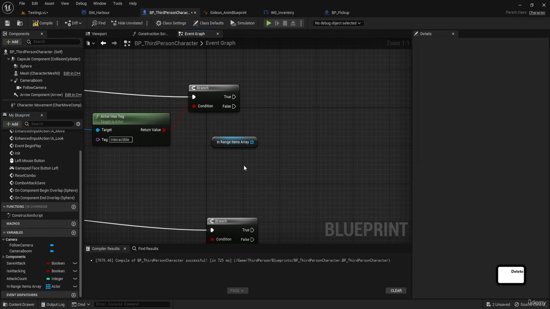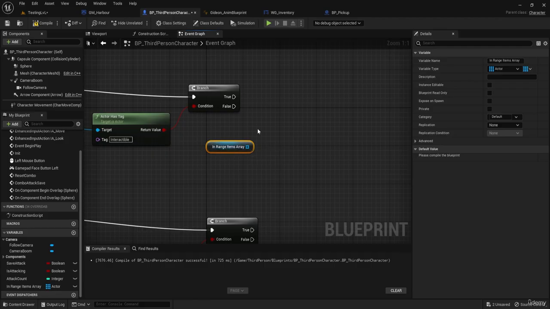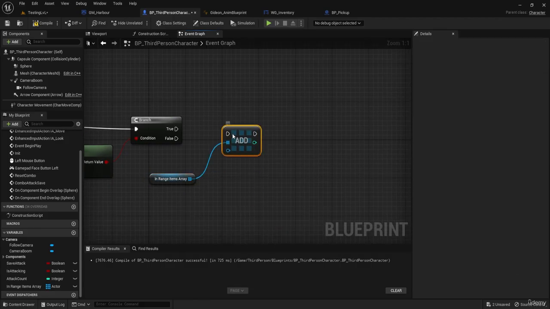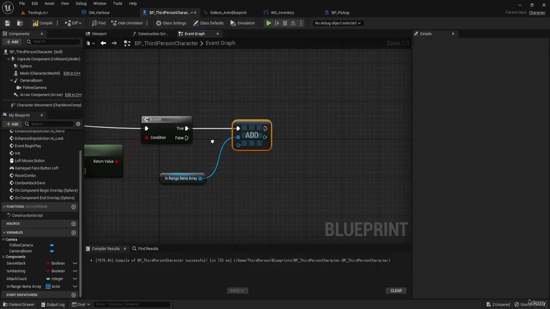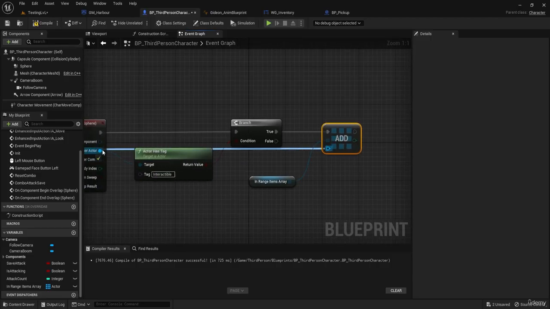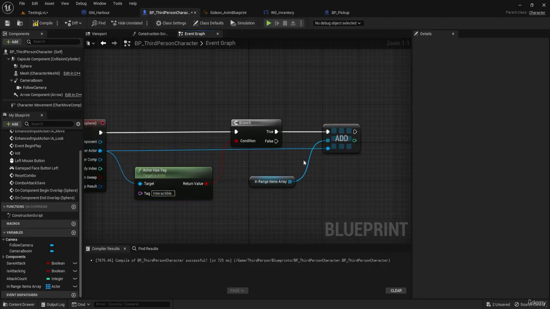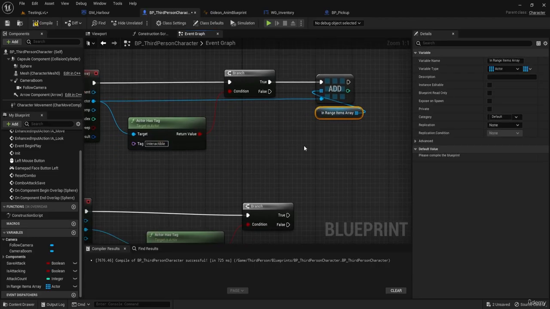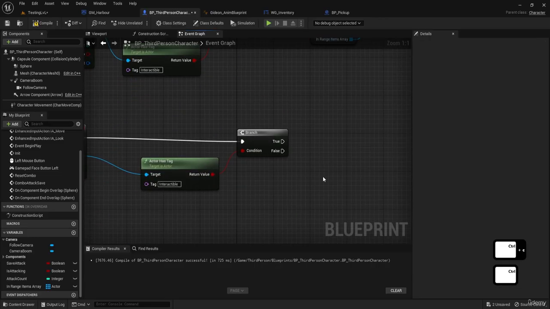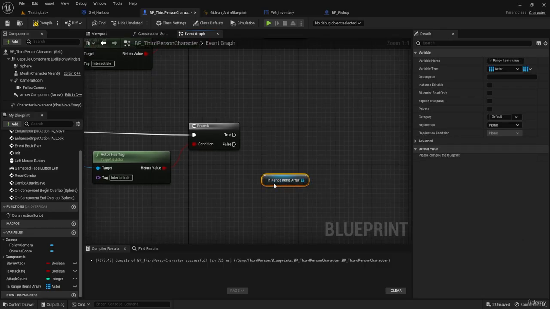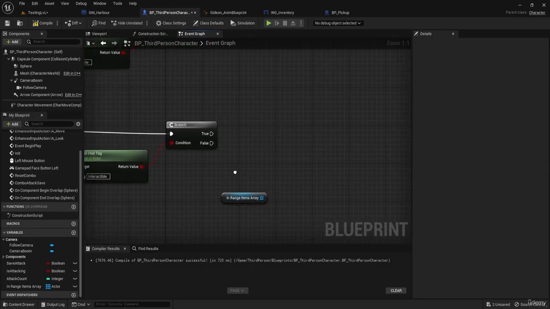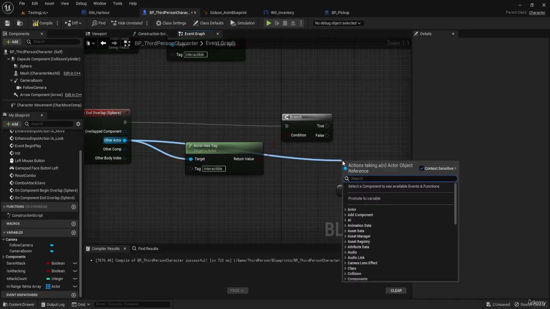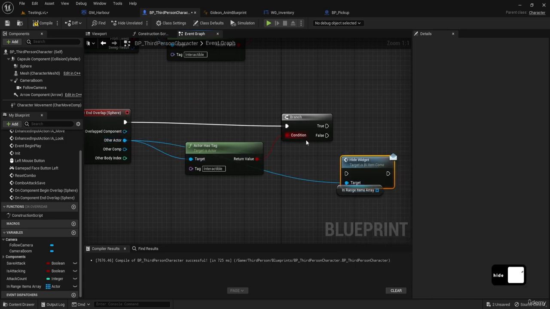Anyway, so I got the variable, and I'm gonna add the actor we just collided with, if it has the tag Interactable. If it doesn't have the tag Interactable, I'm gonna send a message which says Hide Widget,